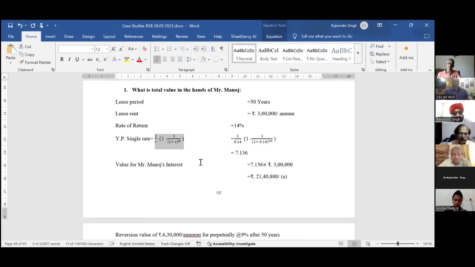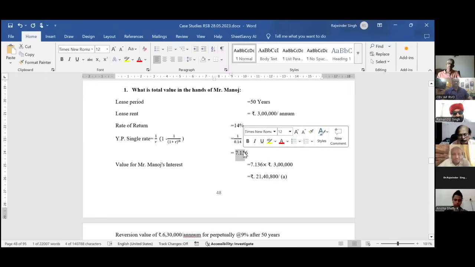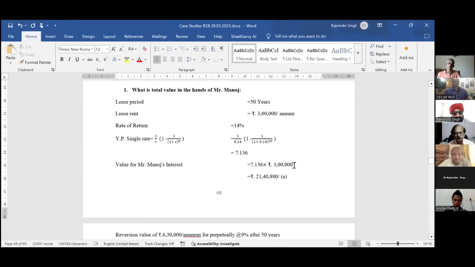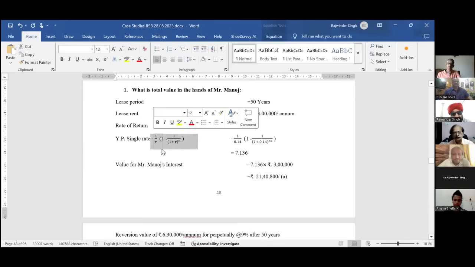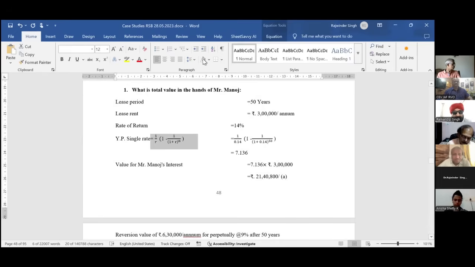दूसरा जो तरीका है that second method is कि अगर आपने एक तो YP ये find out किया 7.136 हो जाओ, पहले case में हमारे 10,000 वाले case में 9.72 आया था, वो आ गया हमारा 7.136, हमने 3 लाख से multiply किया। एक तो ये तरीका है, उसके लिए आपको ये formula याद करना पड़ेगा। You have to remember this formula. Second method is कि you get it directly from Excel. आप इसको Excel से सीधा ही find out कर सकते हैं। You need not to remember the formula. So for that, simply go to Excel.